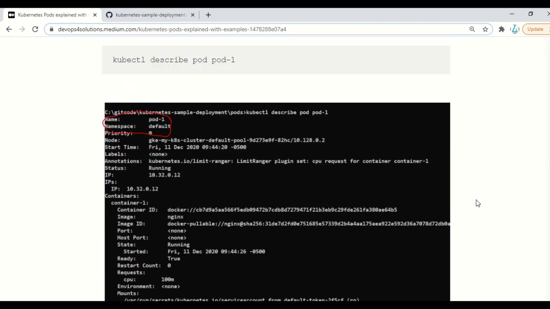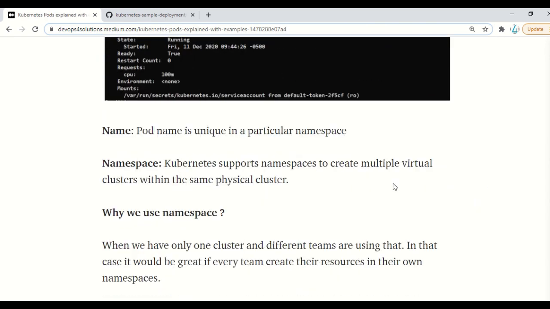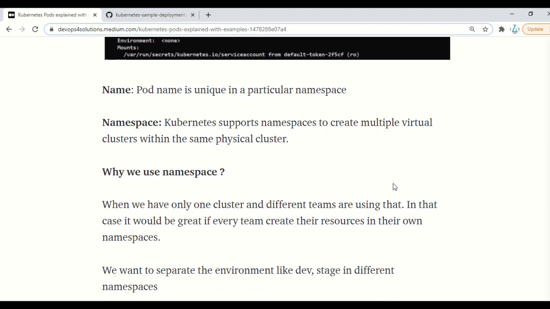The name of a Kubernetes pod is unique. You cannot run the same YAML file with the same pod name; it will fail with the error that the pod name already exists. So this is unique. You can see a unique ID. And we have seen that it has been created in the default namespace.